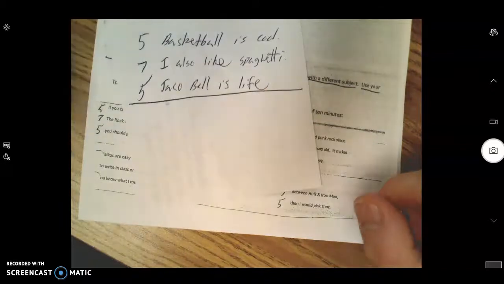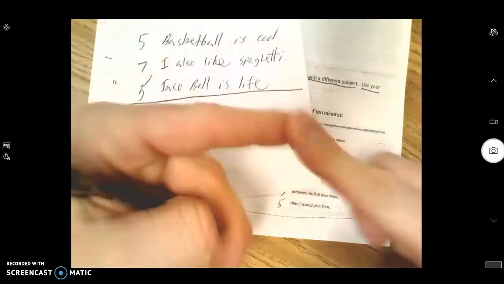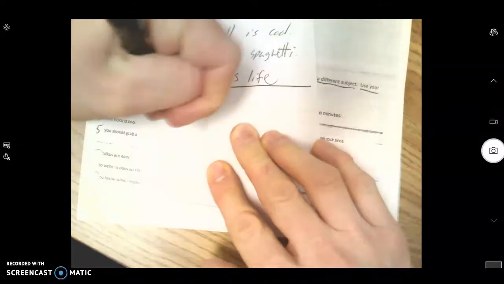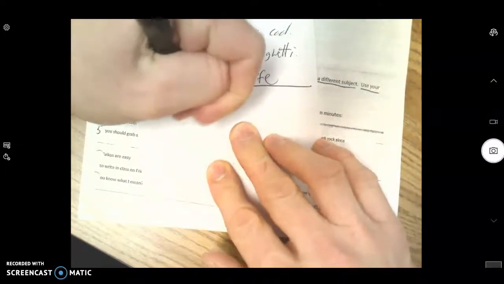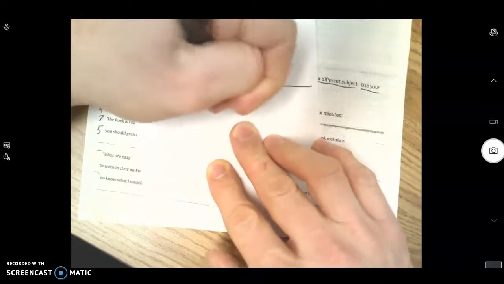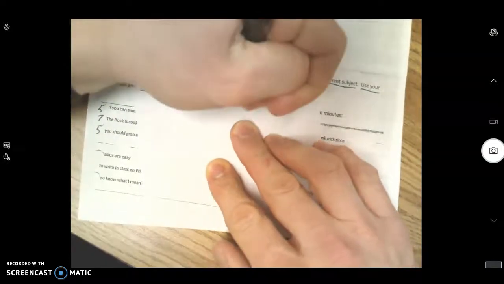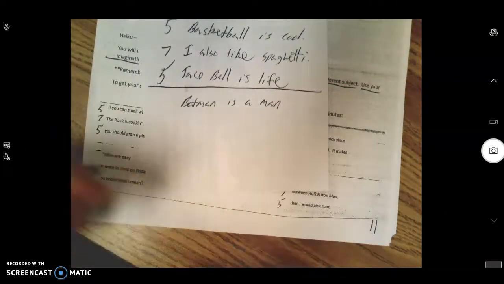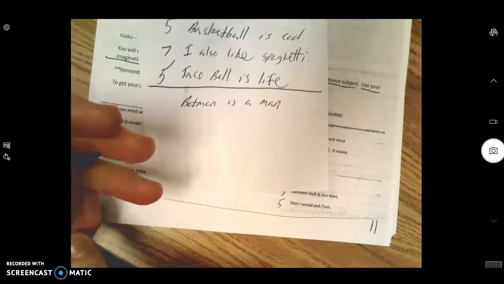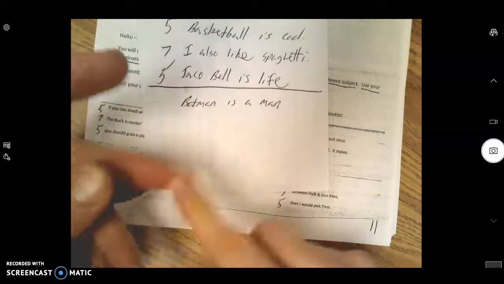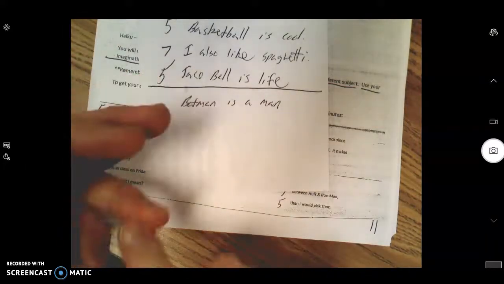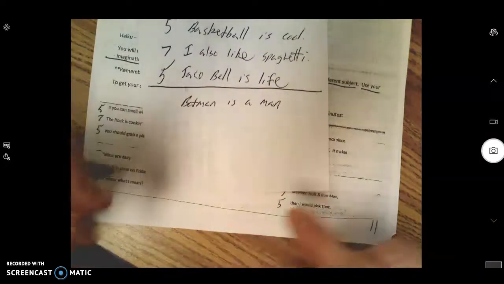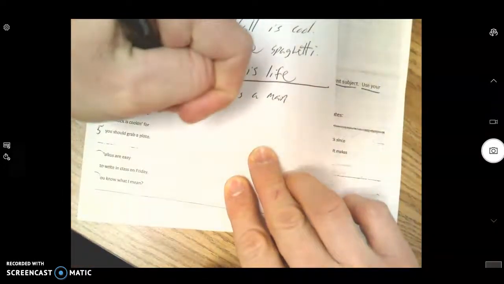I'll write one about Batman. How about that? Batman is a man. Okay, here we go. Batman is a man that lives in a bat cave. Wait, that lives under a mansion. That lives under a mansion. Here we go. Is a man that lives